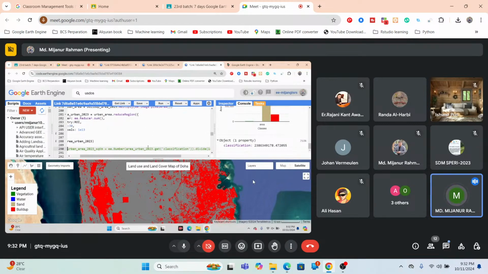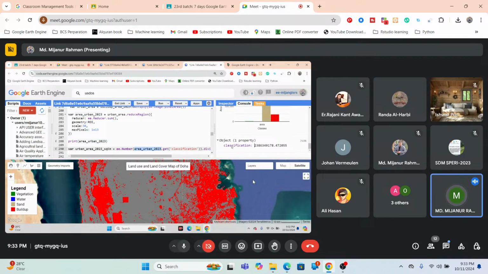Suppose I put the variable name as urban area 2023 square kilometer. You can put any variable name, and it's a number, and this number is stored in this variable. So we define the ee.Number function, and call this variable name,